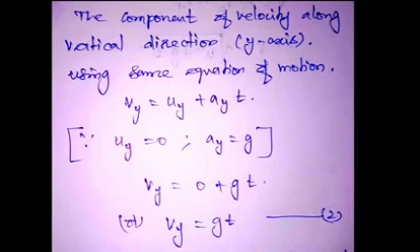Next we are going to calculate the velocity in the y-axis, using the velocity in the vertical direction, with the same equation of motion, that is v equal to u plus at. For the y direction, it is replaced as v of y equal to u of y plus a of y into t. Since u of y is equal to 0 and a of y is equal to g, substituting in the above term, we get v of y equal to 0 plus gt, and finally we get v of y equal to gt. So this is the velocity resolved in the y component. This is equation number 2.